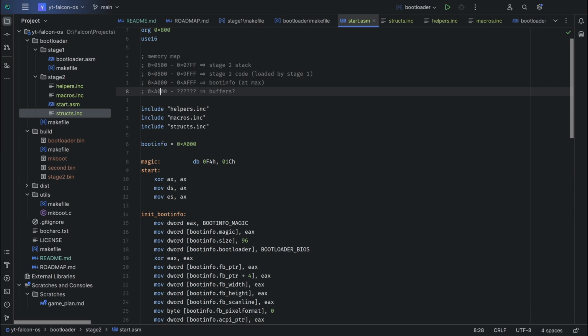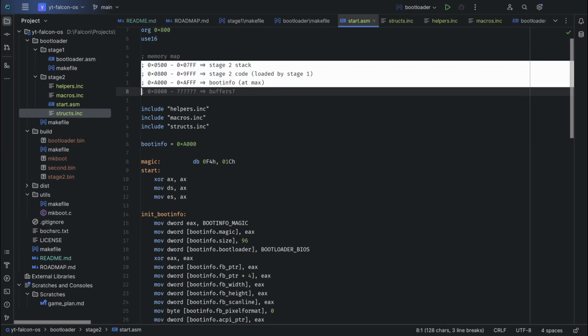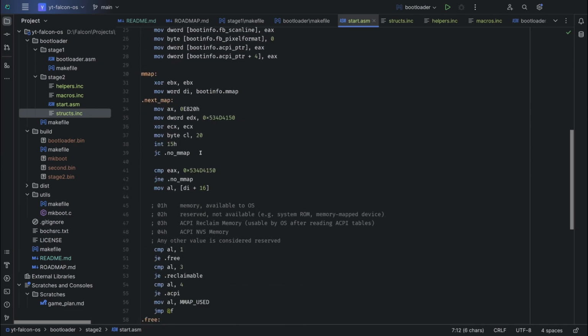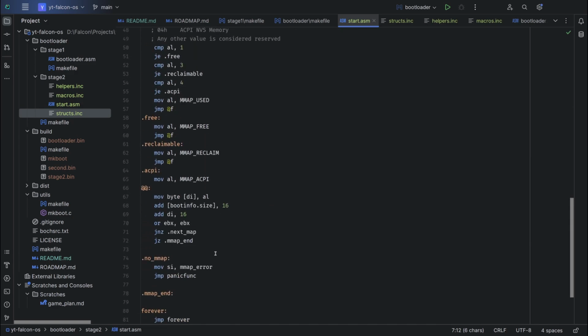And here we will go from B000 to whatever is the end of our memory for other buffers that we might need, right? But now our memory map looks like this. So what we need to do now is check if we are crossing this page boundary, right? So let's go here. As soon as we increment di,